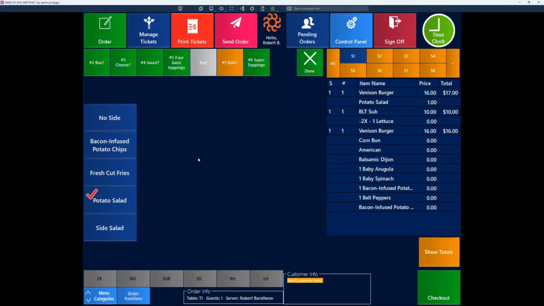Even if it's in that order, would the salad dressings still print correctly underneath the salad, or would they end up falling before it? That's another reason to make sure it's falling in a logical sense. If they're on the main screen like this, it'll bring it up in the order that they actually select it, unless you have sort orders set for the modifiers themselves. So you can force it to always show up under the salad, as long as you have those print